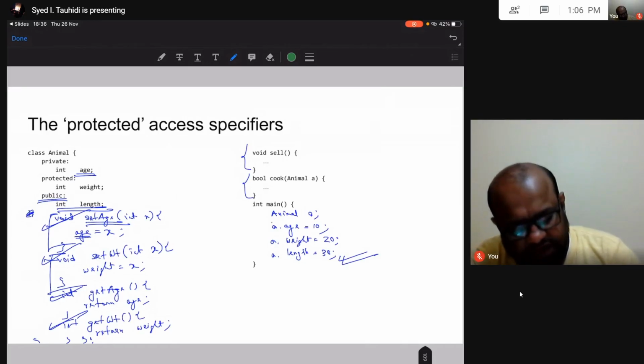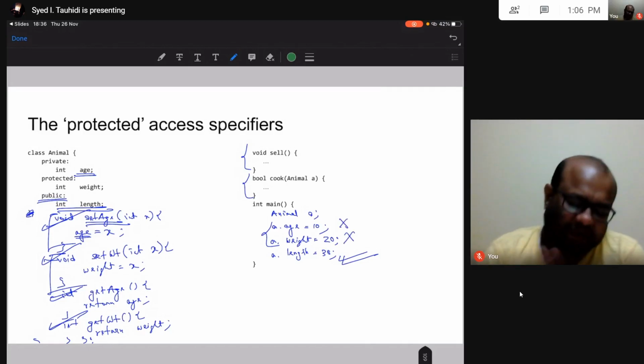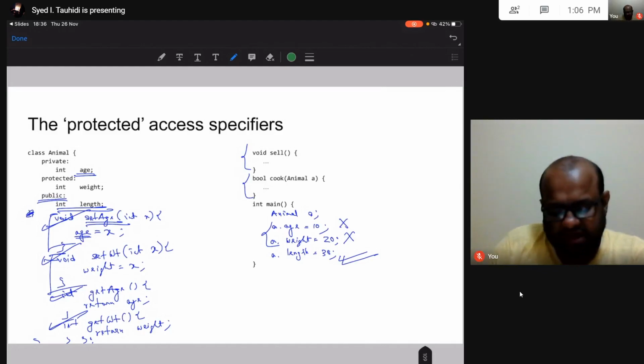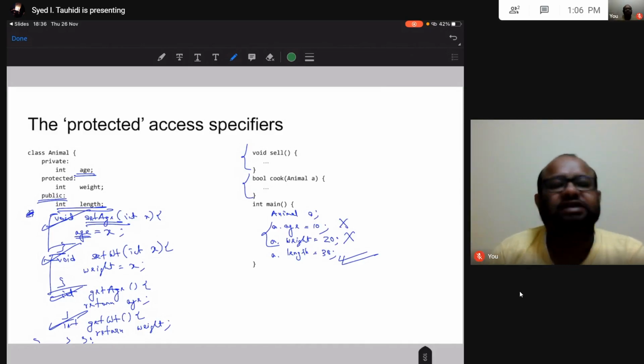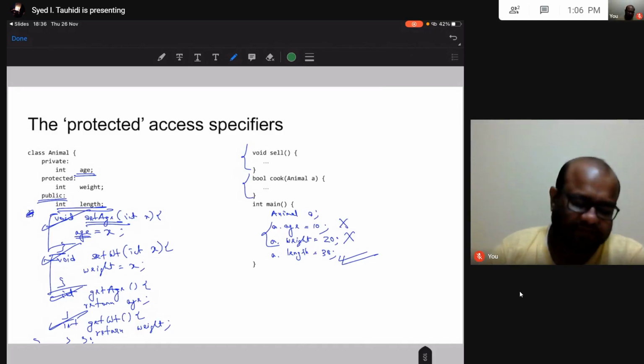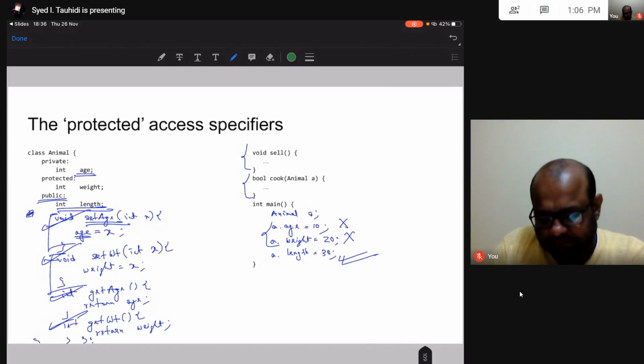But these two I cannot access. This is not allowed. Age is private. I cannot access age in this main function. Main function is a function that is outside my animal class and is not a friend of the animal class. Then there is this weight attribute. I cannot update weight attribute in this main function.